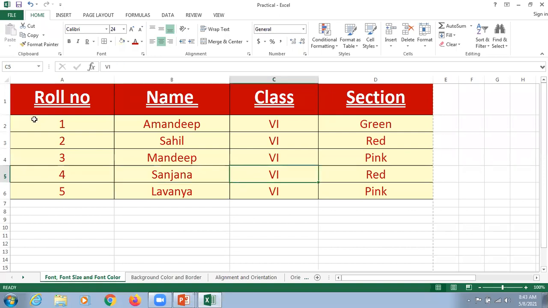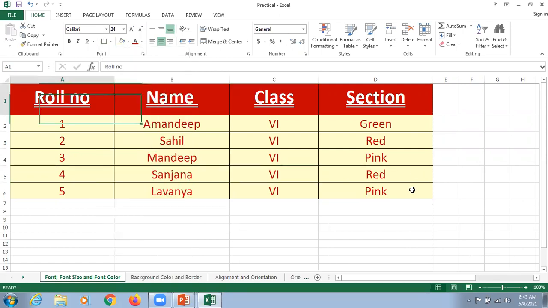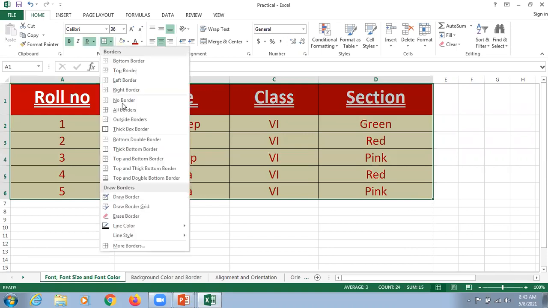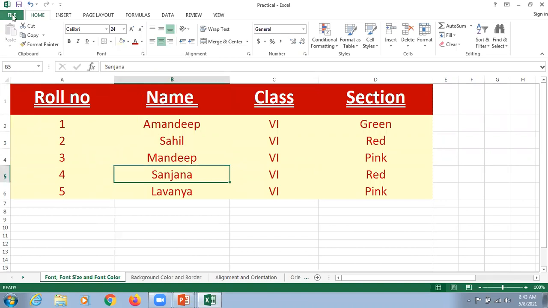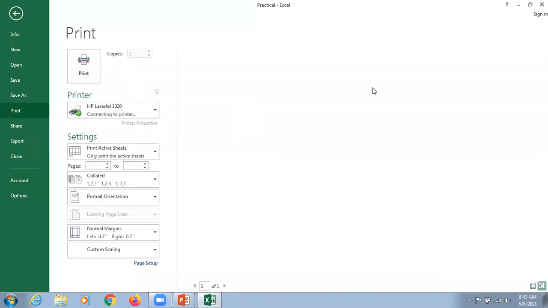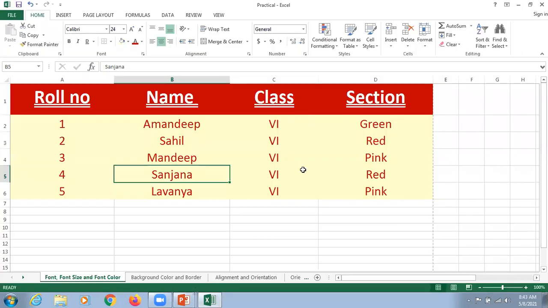So kindly concentrate, dear students. I just want to add many more things here, which are on page number 22 of your book. We simply select all borders. And if you don't require such a border, you select this information, click here and click on No Border. So automatically the border disappears from the screen, and no border appears in the print preview.